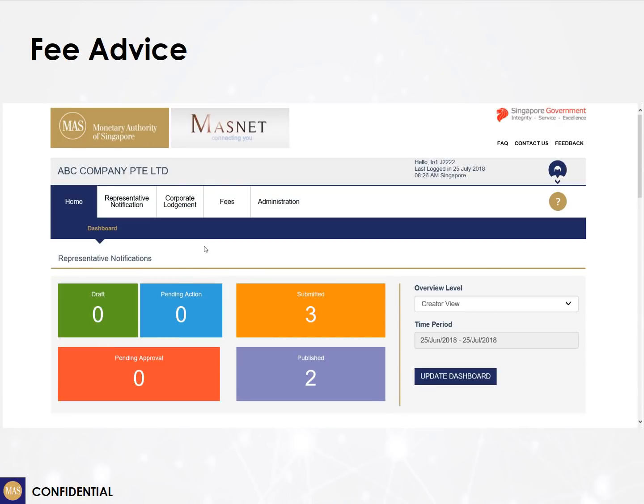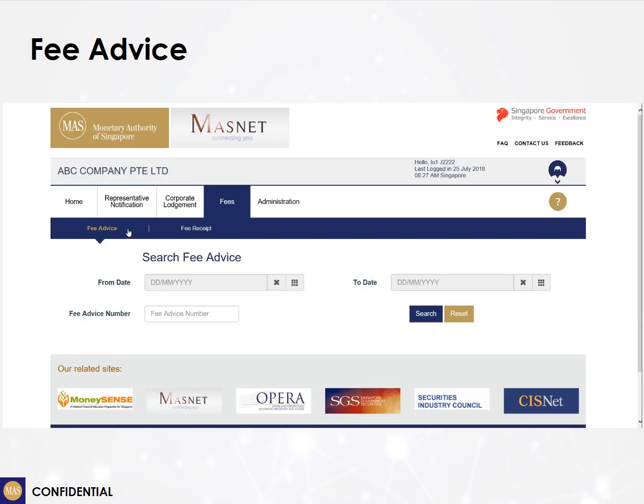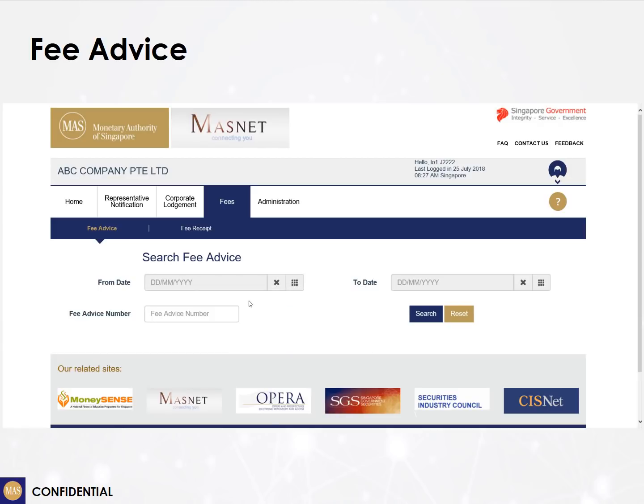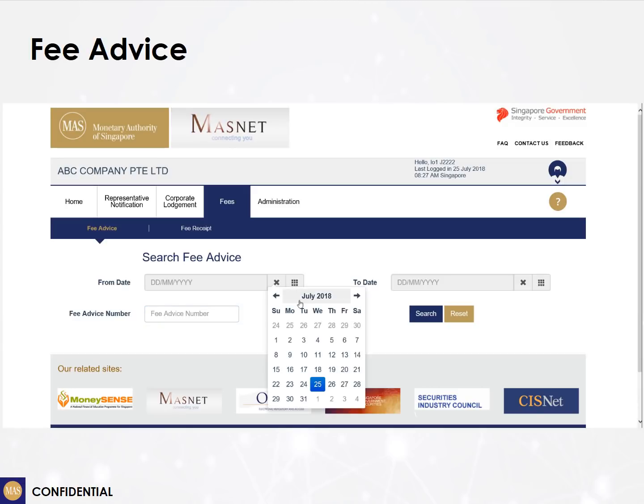We will move on to the Fees module. To access the Fee Advice, select Fees followed by Fee Advice. You can search for the fee advice by inputting a search period. Alternatively, you can search using the fee advice number. If you try to input a search period